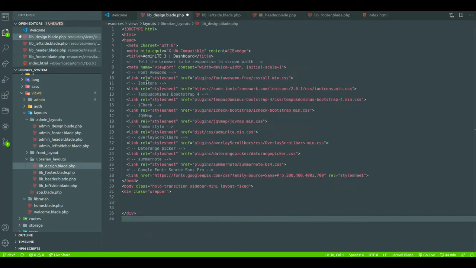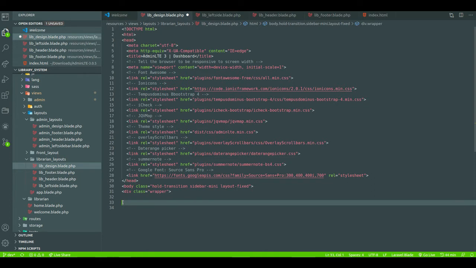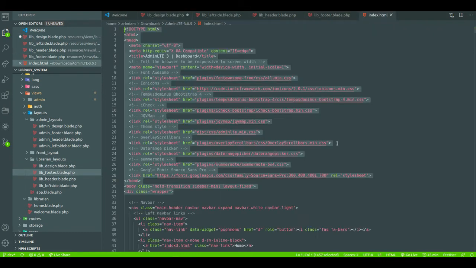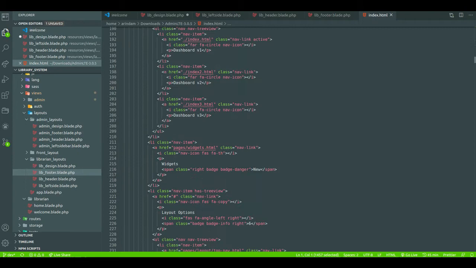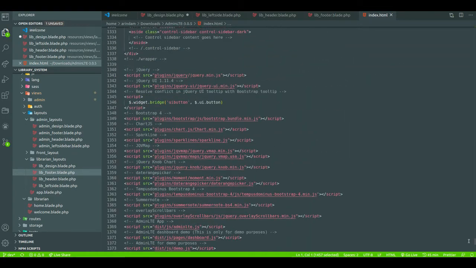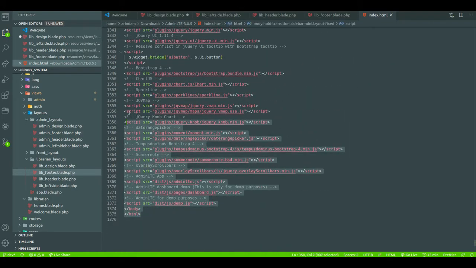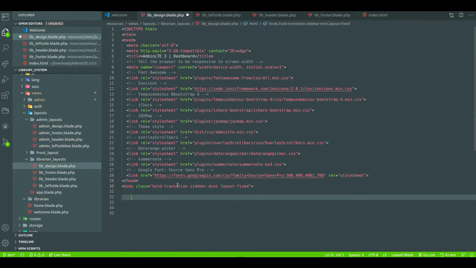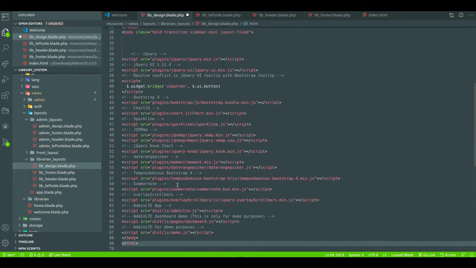No, this div will not come in here. This basically goes under the header file. So we need this, and we don't need this div also. So this is our design, and in that design we also take the whole script files, from here. We also take all the script files.